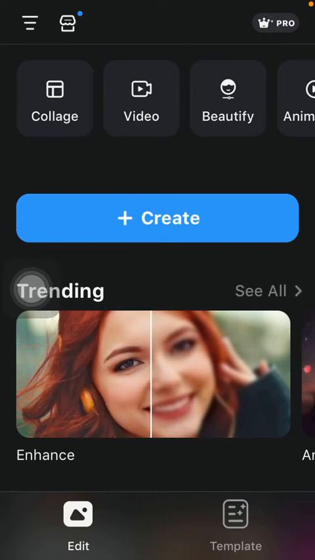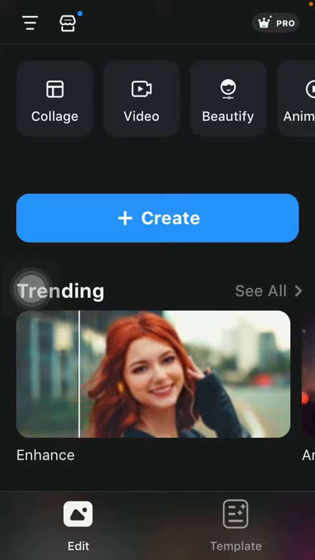Hello guys, in this video I am going to show you how to apply filters to your pictures on the